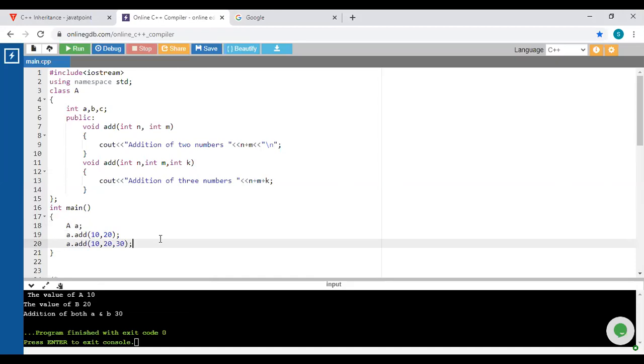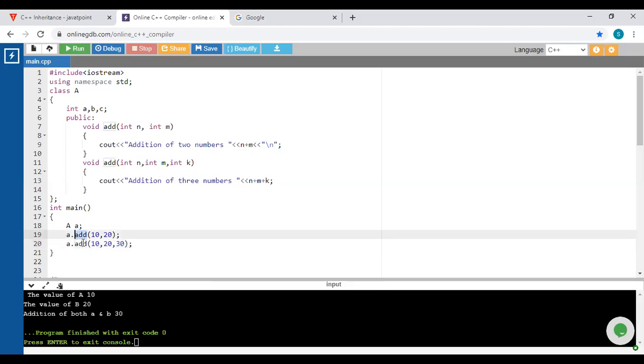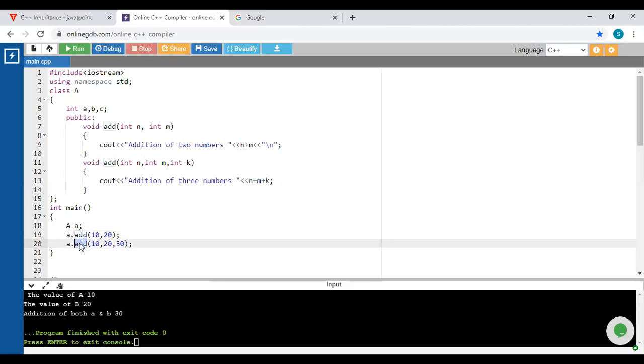So just look at this. With the help of the object a we call the add function, and in the second line, with the help of the same object, we call the add function again, but the functionality of both functions is different, because the first function accepts two variables and the second accepts three.